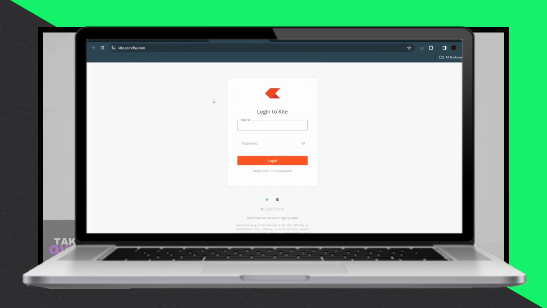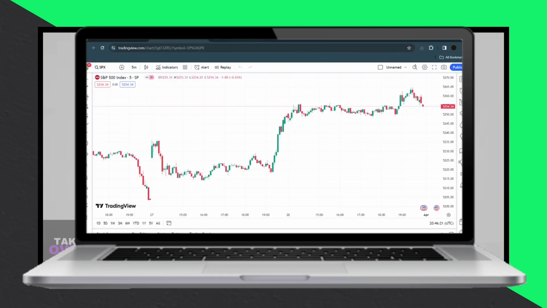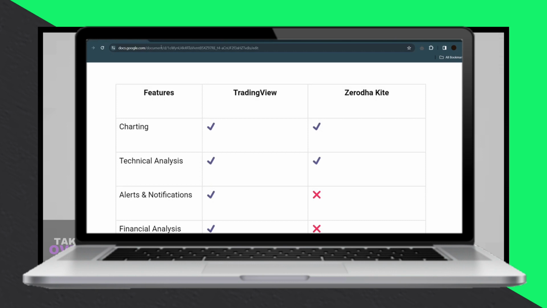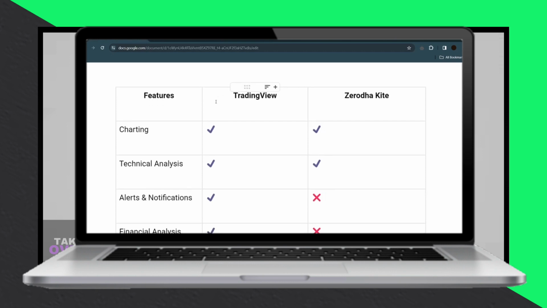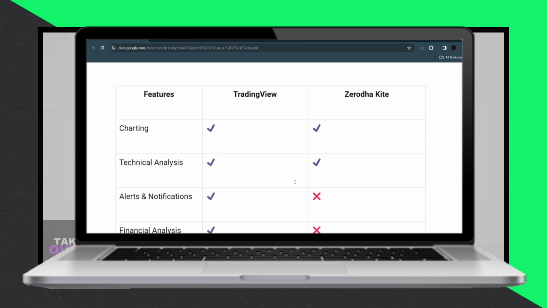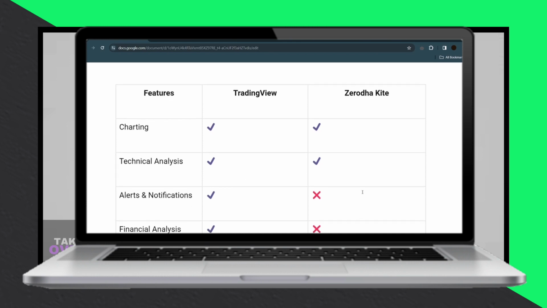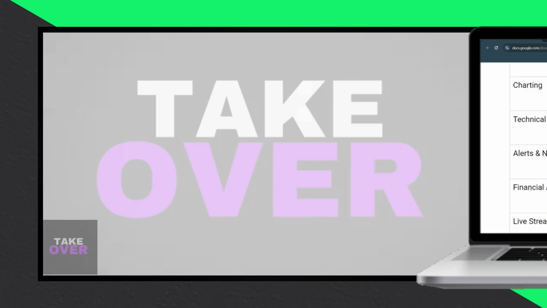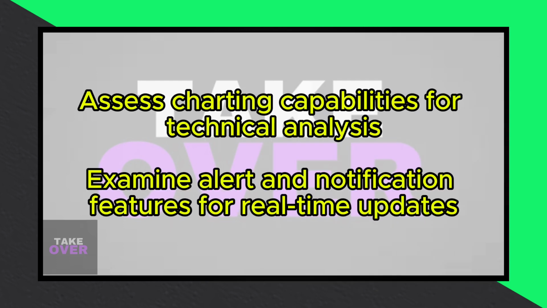In this video, we're going to delve into a comprehensive comparison between TradingView and Zerodha Kite to determine which platform reigns supreme in 2024. To facilitate this analysis, we've prepared a concise breakdown outlining the disparities between the two. Let's start with charting capabilities. Both TradingView and Zerodha Kite offer robust tools for technical analysis, making them suitable choices for traders seeking to visualize